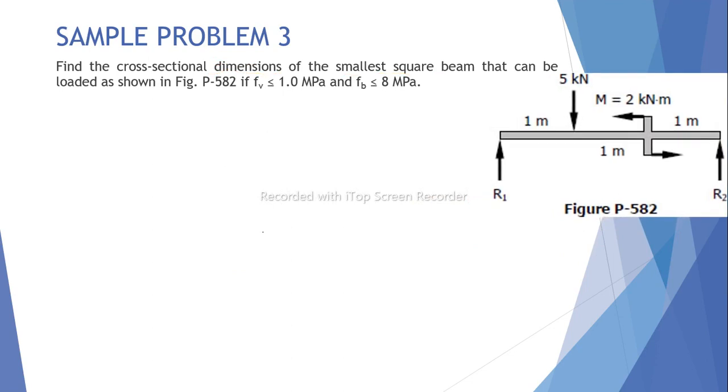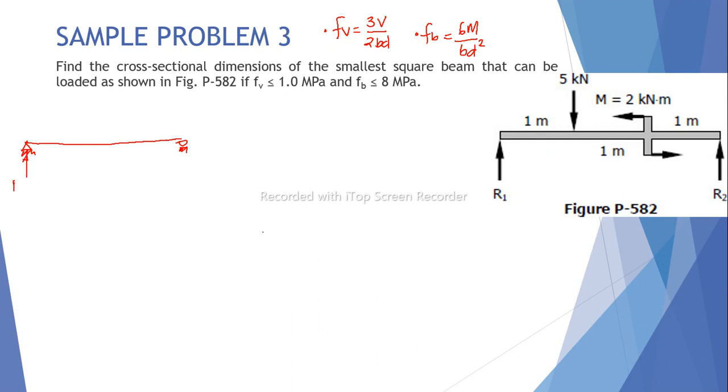Usually, if we have a beam, for shear stress, the maximum shear stress is 3V over 2BD. And for the maximum bending stress, we have 6M over BD squared. So we will look for the shear and the moment. So we draw